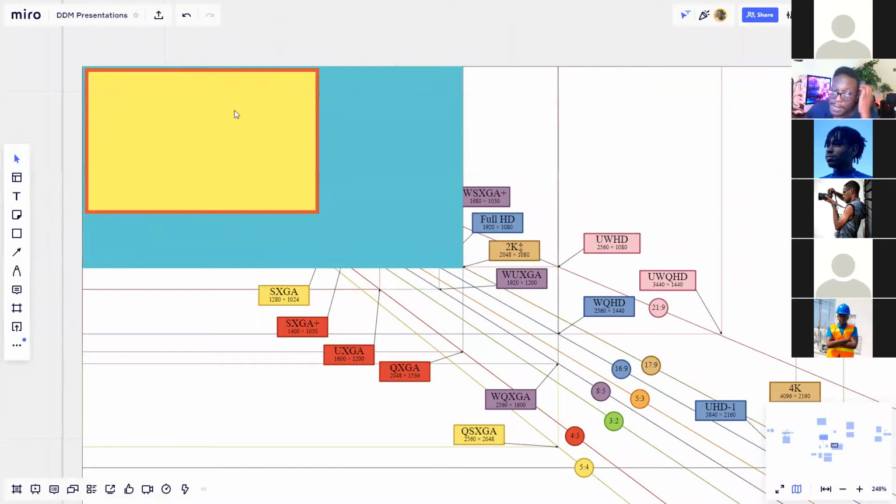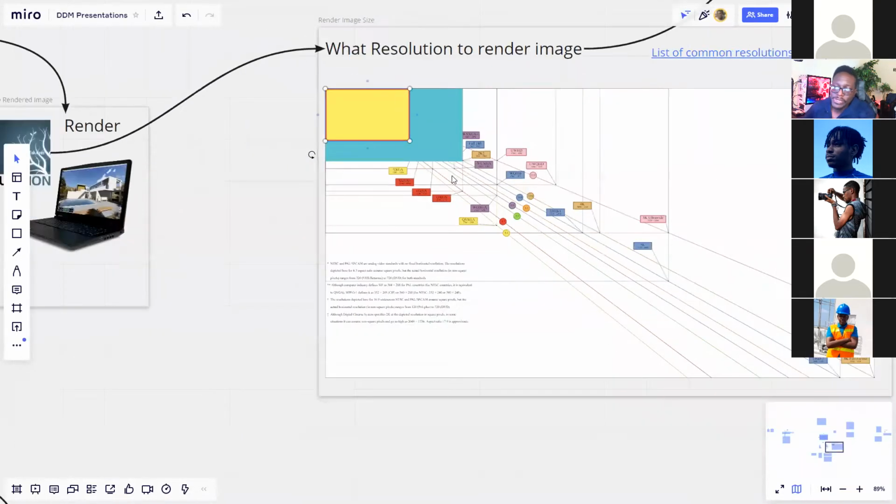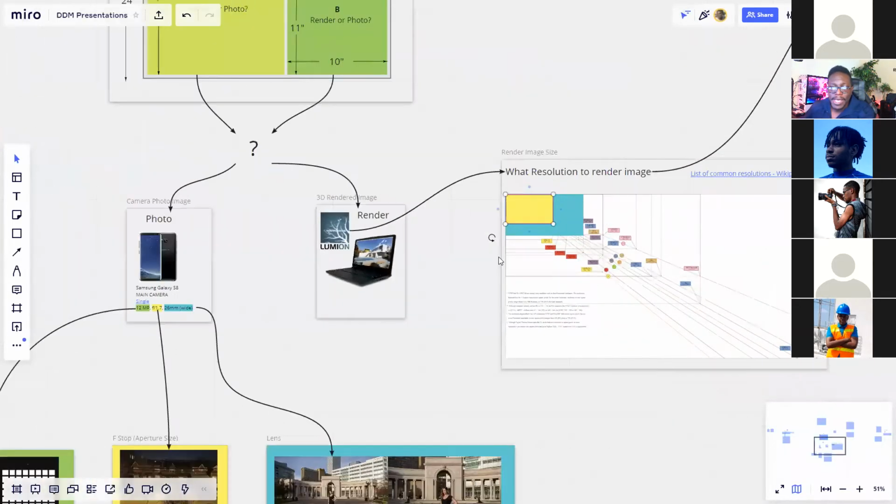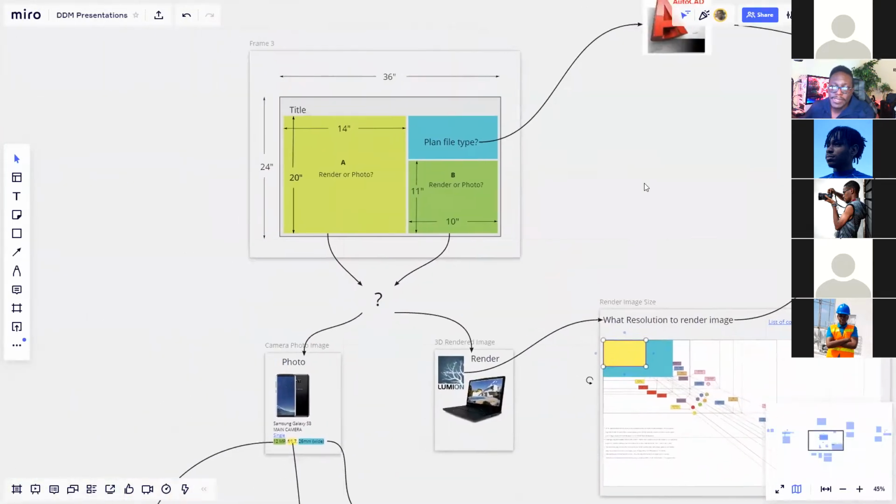So if you were, for example, rendering something that has a wide landscape and you wanted to choose a standard resolution to go by, then you would choose this one here. Whereas you could work with this one, but the ratio is not so wide. But then you can see this has way more pixels than that. So anyway, that is just introducing you guys to standard sizes. And I introduced that to you because